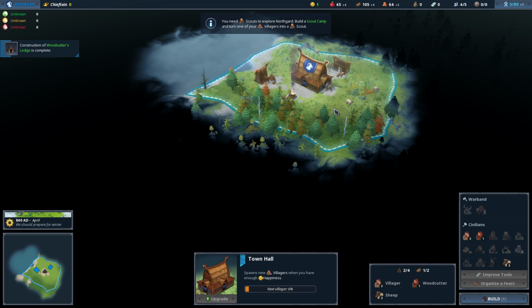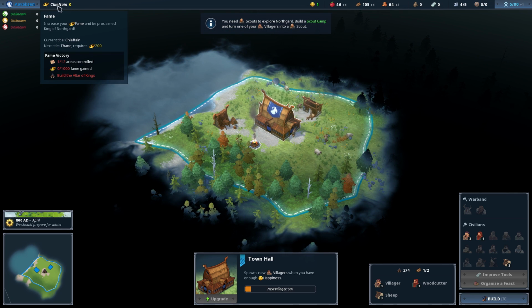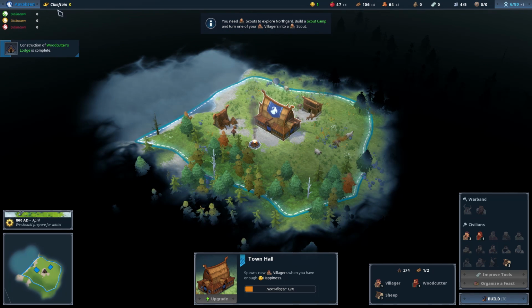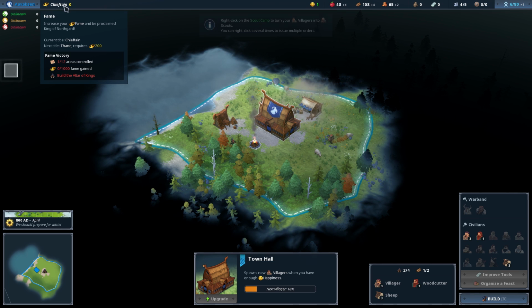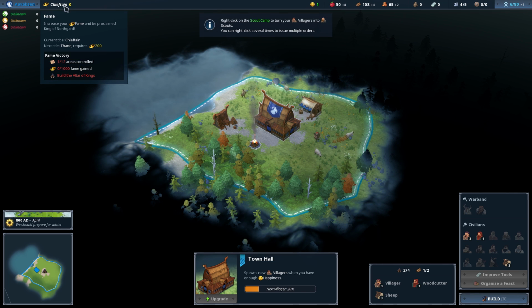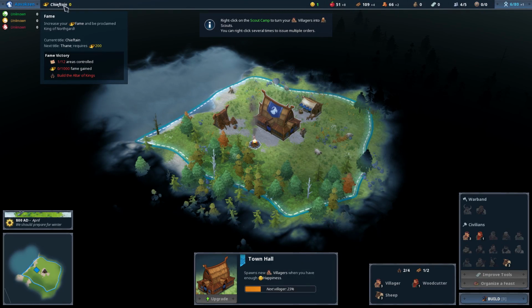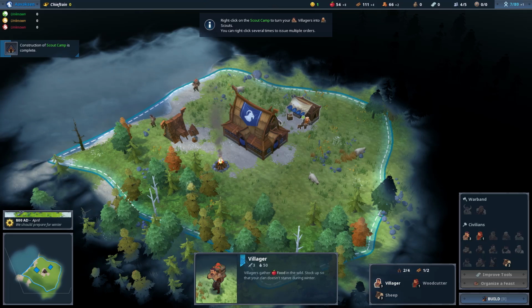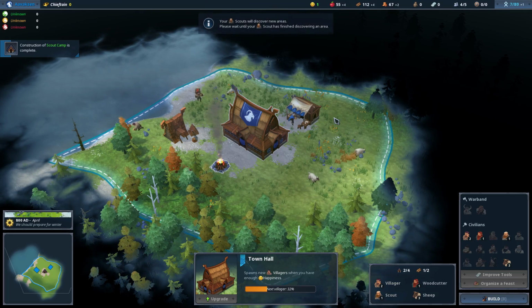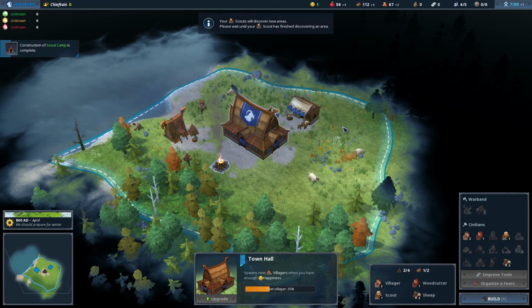Now, a large part of this game is focused around that. Up here we have got the various fame levels, and fame itself is a victory condition. For example, you've got to have seen 12 different areas, have 1,000 fame, and have built the Altar of Kings, and that will give you the fame victory. We want one of our civilians to become a scout,